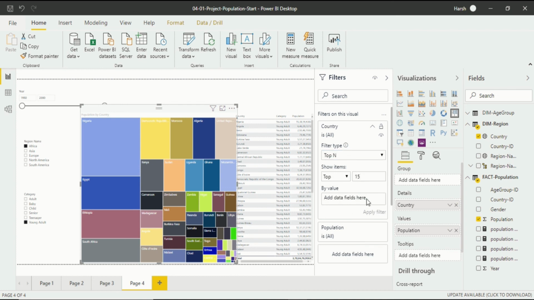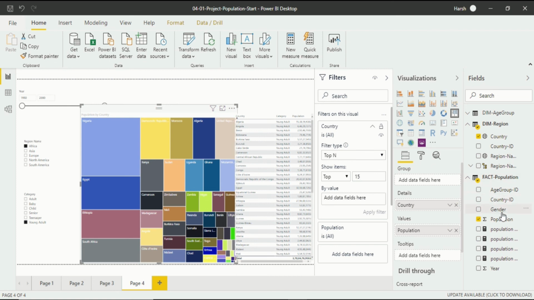But in here, there is something that you should always remember: by value. Because if you want the top 15 countries, on the basis of what? That's right, on the basis of what requires an answer. So, on the basis of population, I want to do this. So, on the basis of population, you should drag and drop the population from the fact population table.